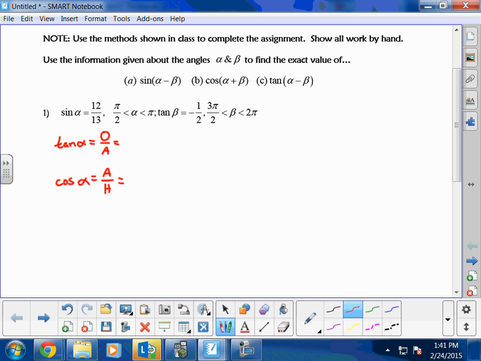And what I am given, I'm given sine. Sine has been given to me as, in this case, alpha is opposite over hypotenuse, which means I'm given 12 over 13, which means that I have opposite and hypotenuse. Automatically, I could say that this is 12, and automatically I could say that this is 13. What I'm missing is the adjacent part of this. So in order for me to find the adjacent part, I have to use the